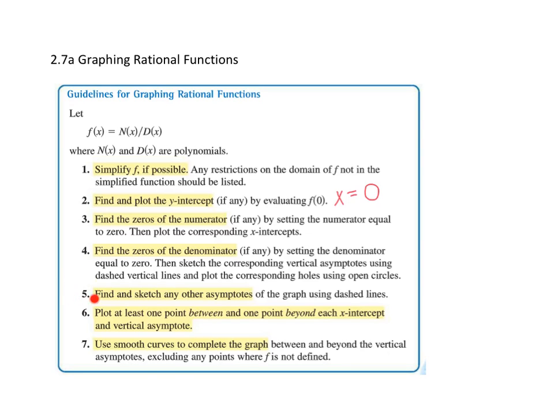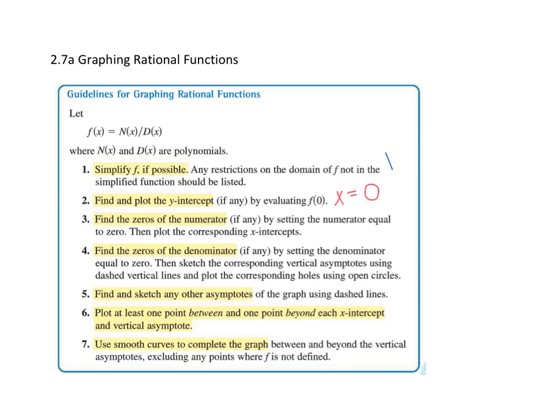Find and sketch any other asymptotes. Plot at least one point between and one point beyond each x-intercept and vertical asymptote, and use smooth curves to complete the graph. Okay, so in words that we've done,